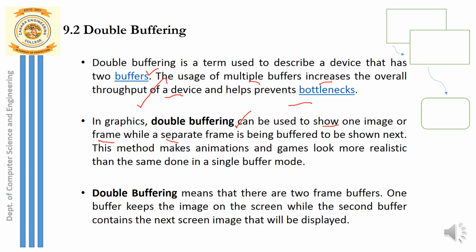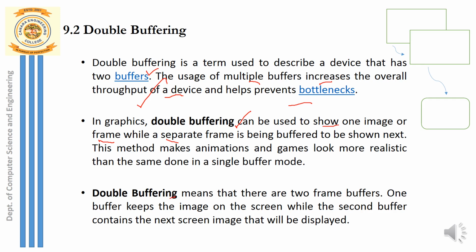By the time you display that one frame, the next frame you can keep ready in the other buffer. So you can make use of two buffers here. One buffer is the ready-to-use buffer. The other buffer, the one behind it, you can call the next buffer, which keeps things ready for the next round of display. We will see that in detail.